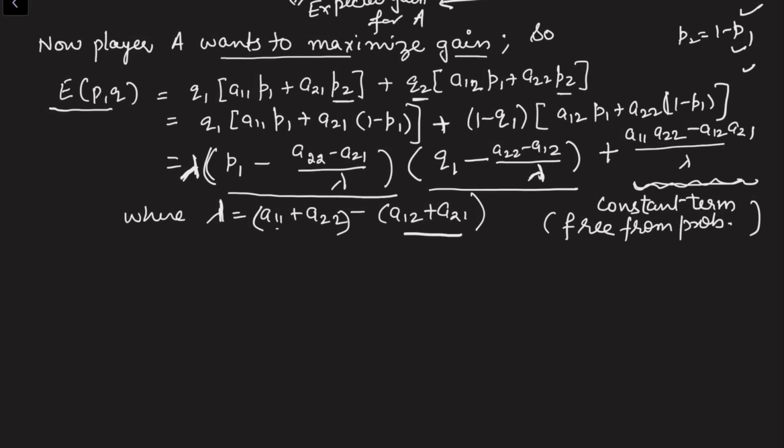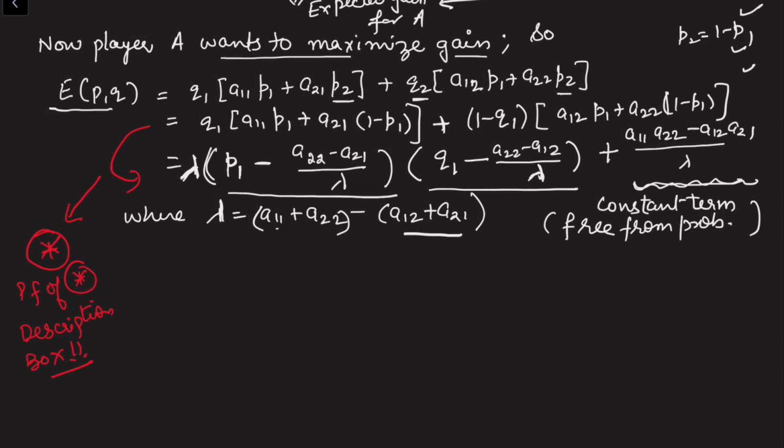So this step, how did I write this step? This detailed rearrangement, the proof of this star, I have added in the description box. So you can look there at how I rearranged them. Okay, so this is simple. This is simply rearranging, with no other involvement of mathematics. Simply take out the common terms and then take out the terms of P1 separately, and we find this expression.